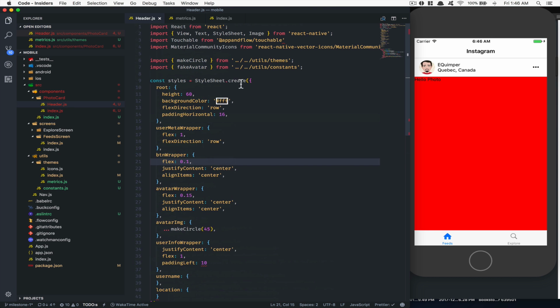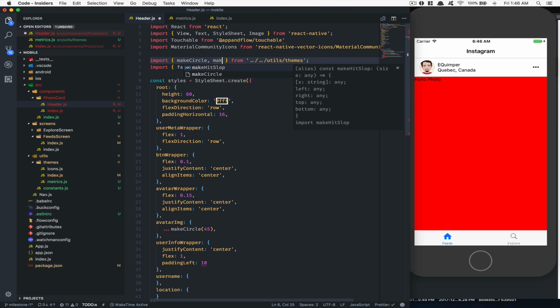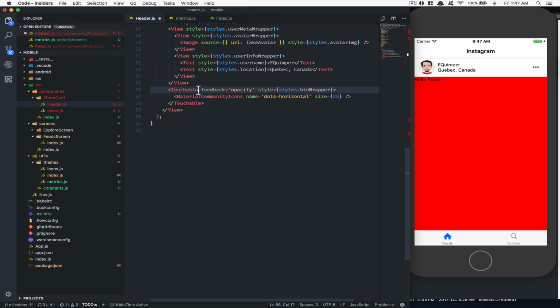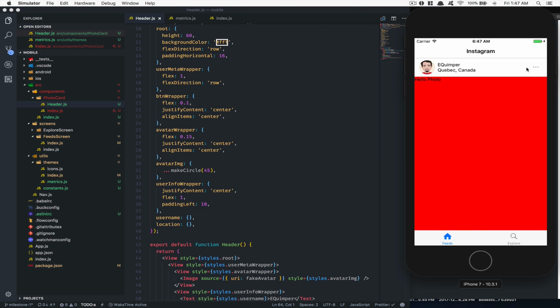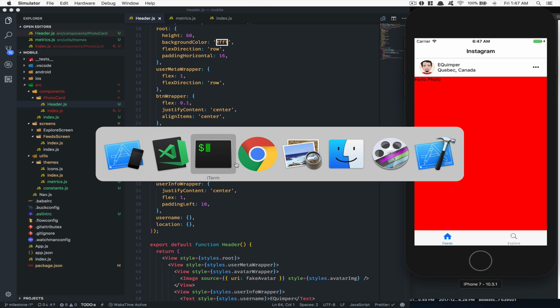And this one now we can make use here. We go here, we say hit slop, and we pass make it slop, and we're gonna pass 20. So this way what happened is now I can click here, and you see it still works. I can go further, so now my big finger can work. Okay,